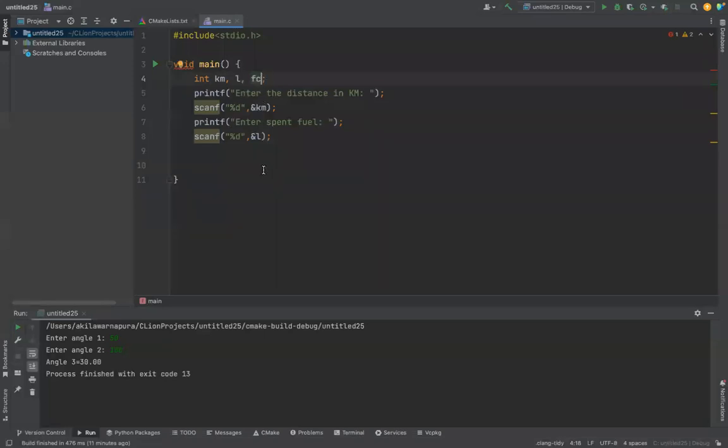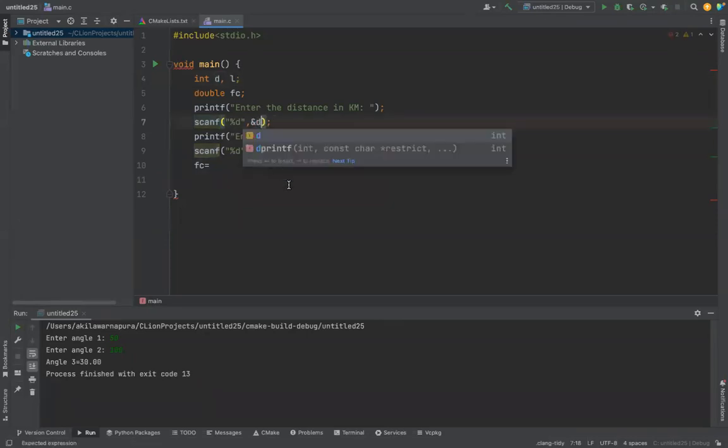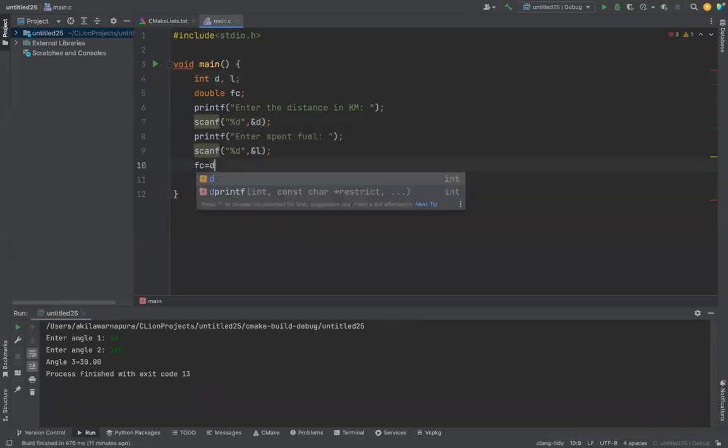FC means fuel consumption. So the fuel consumption cannot be an integer value because there can be floating point numbers. Therefore, I declare another variable of double or float. Double fuel consumption. Okay, then the fuel consumption is equal to the distance in kilometers. I think it's better we put the distance D rather than the kilometers. So D divided by